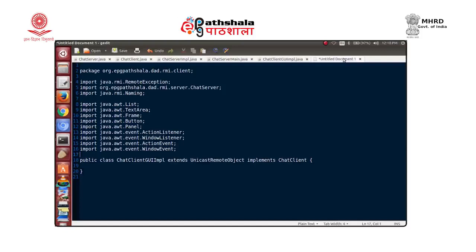Okay. So, now let us start writing the class. So, this class is our frame, GUI frame. So, let us call it as the chat frame, and this extends from the Java AWT frame. It is not an implementation of any such thing. Okay. So, simple frame,